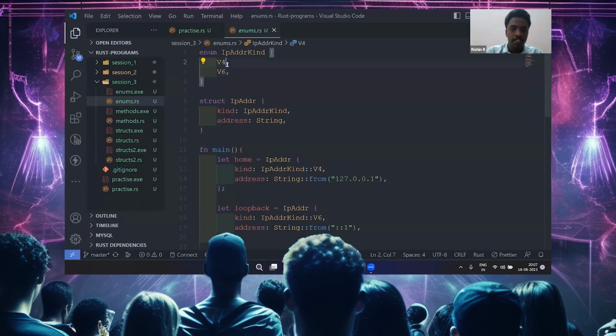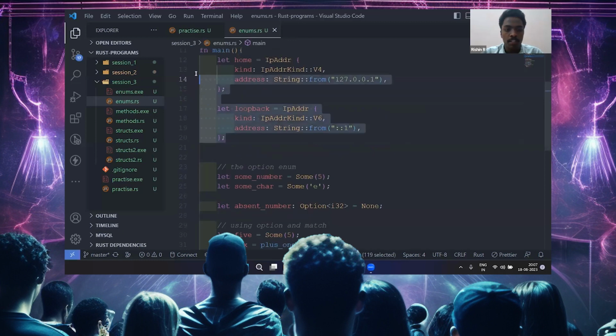Like you can have the different variations. Say I just want to pass a string for v4, and I want to pass u8, u8, u8, u8 for v6. Okay, so for v4 I can have a string, and for v6 I will have this one. I don't want this anymore, so just stop this, and we'll have the IpAddrKind. So we don't want this as well,